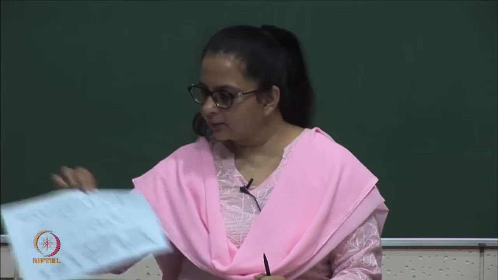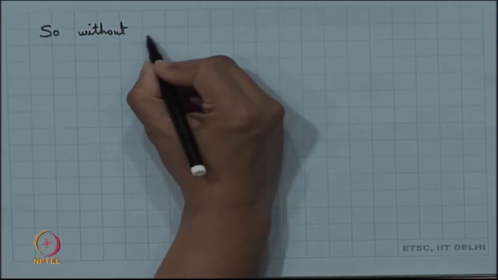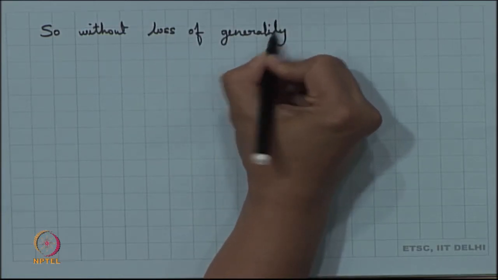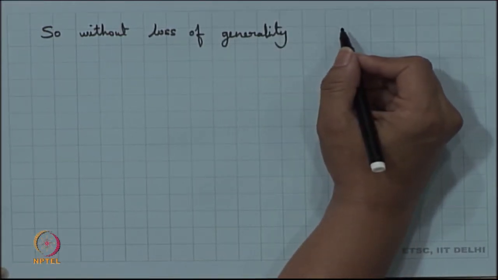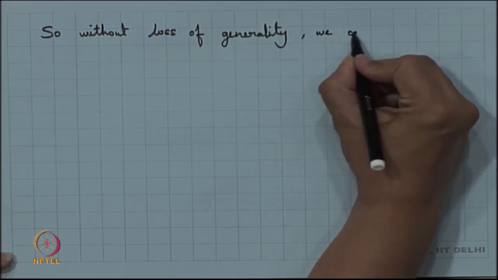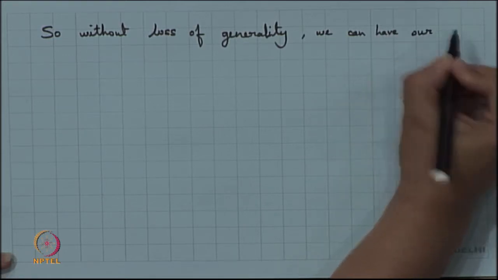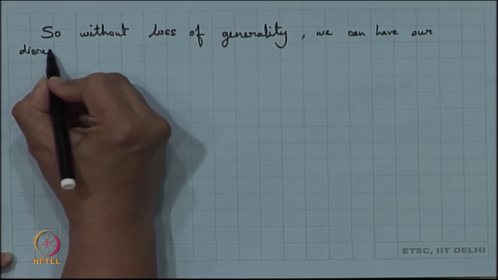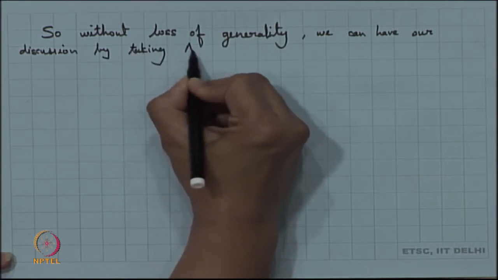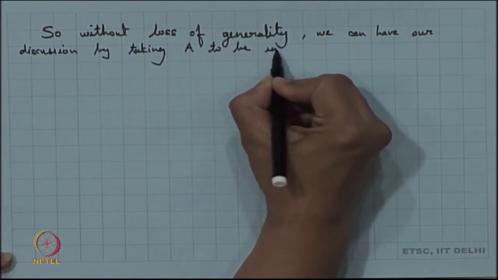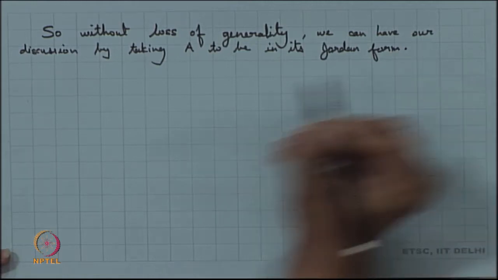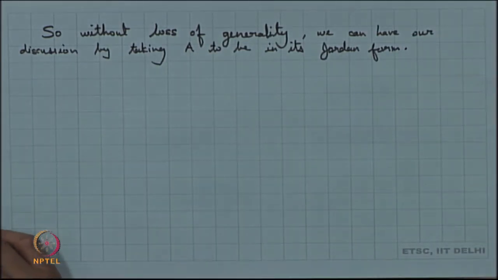So, without loss of generality, we can take our A to be in its Jordan form. So, we can just take A to be in its Jordan form, and hence what we have here is,